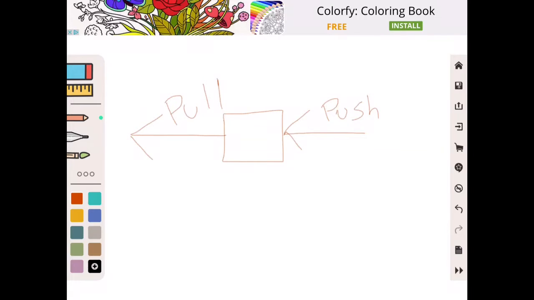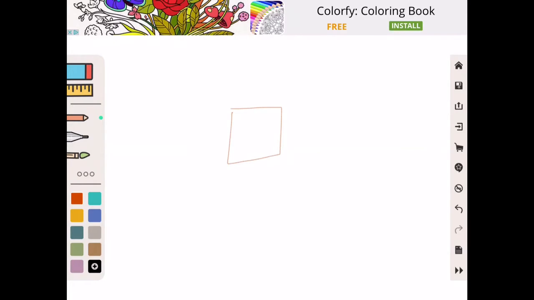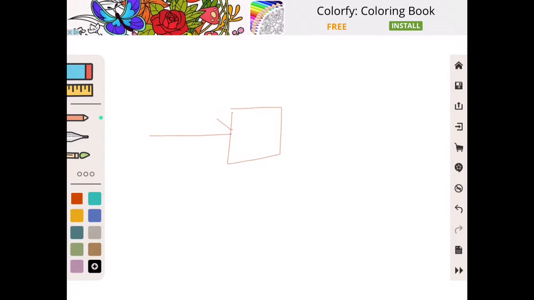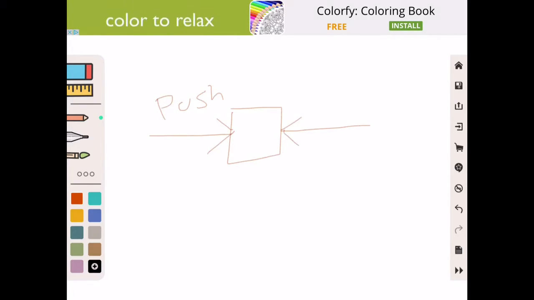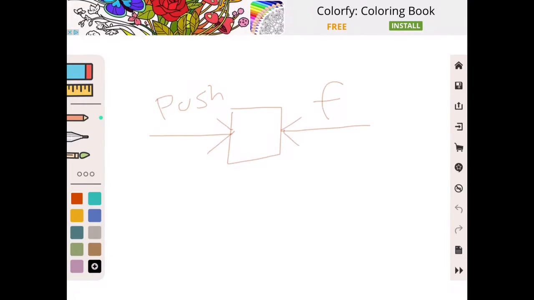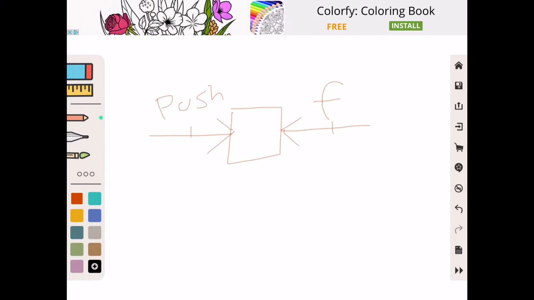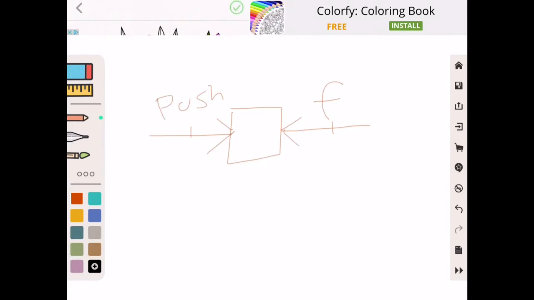So now this box, it has unbalanced forces, so it is speeding up to the left. Let's say you wanted it to go at a constant speed, for example. Then, let me just erase this. Then we would draw a box, and then we'd have a push force to the right. So you're pushing the box to the right. But if it's going at a constant speed, the force needs to be balanced. So you need friction or another force on the opposite side blocking it. Now these forces are the same, so it's going at a constant